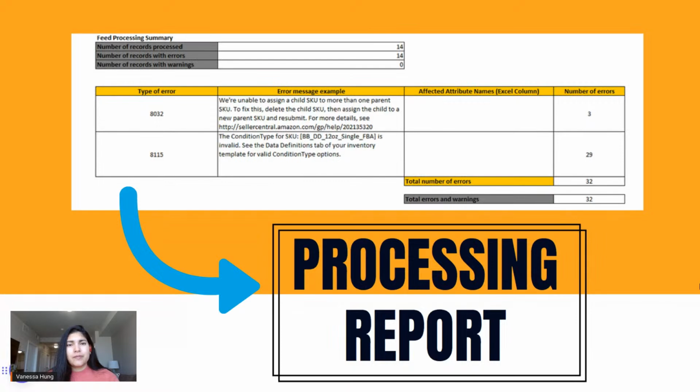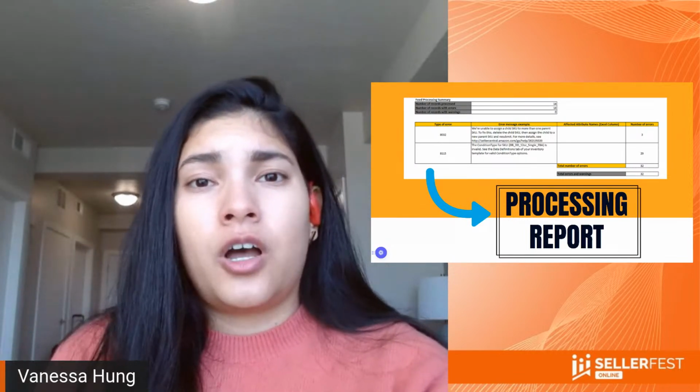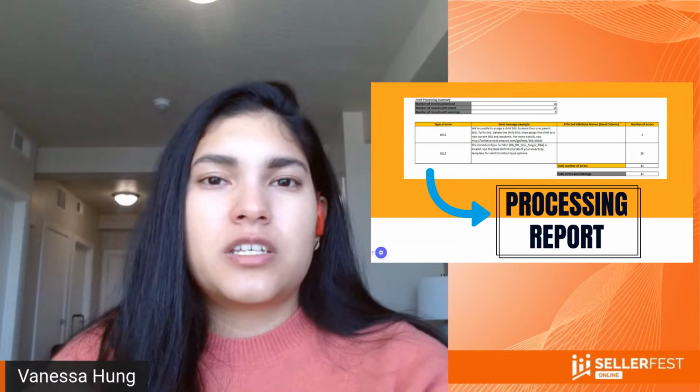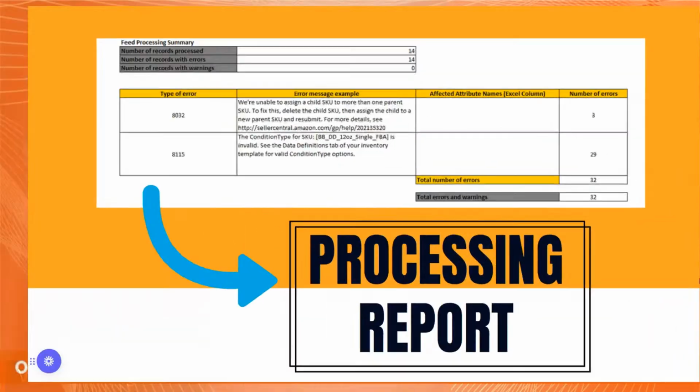Okay, good part, this is the first step in order to really optimize the back end, because what we're going to see after, which is how to add more keywords, cannot be done if you don't have your listing healthy. Why? Because the changes won't go through, and you will always see it in the feed processing summary.